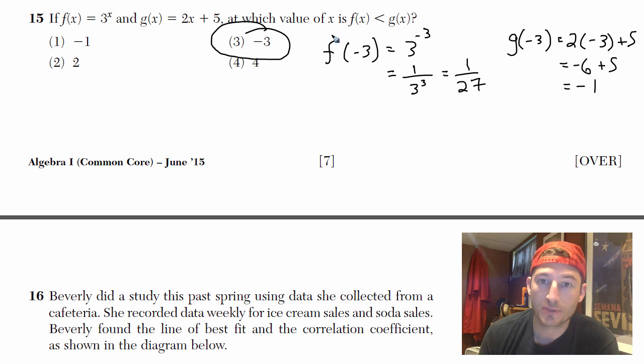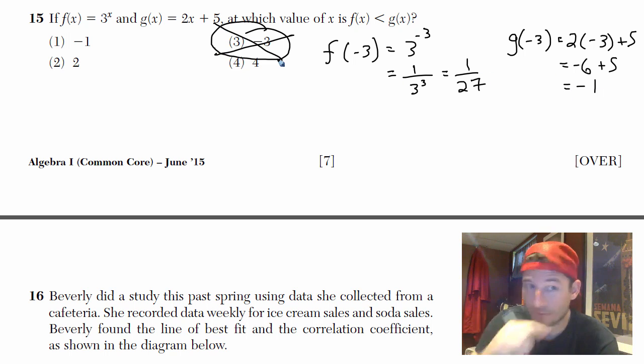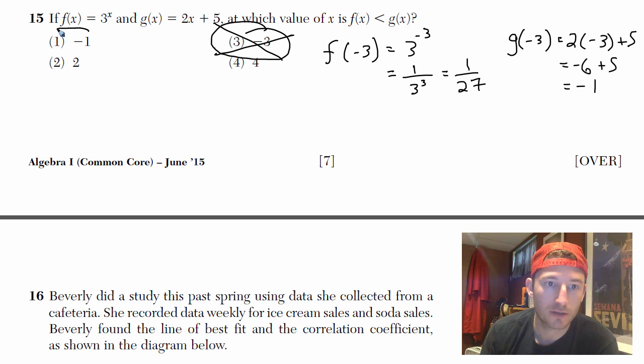Actually, it turns out this one is bigger, right? A 27th is bigger than a negative number. So this is actually not the right answer. So I got to pick another one. Let's go with 1. Let's pick a negative